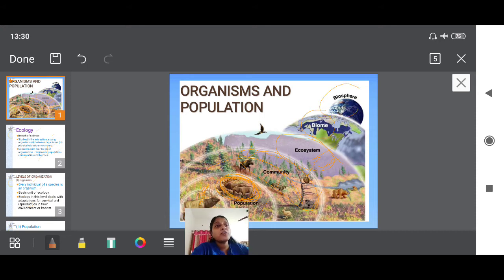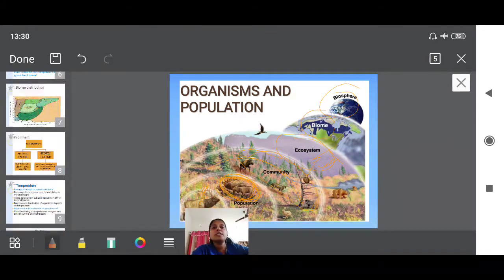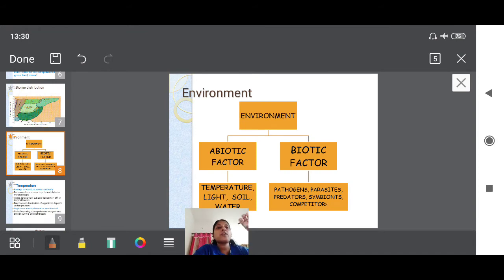What do we call them? Biome. And what is biosphere? Biosphere is the highest of all, meaning all living organisms in the whole earth. We put it under one, that is biosphere. So biosphere comprises all the living organisms on the earth. Like this, one by one, the levels go on increasing. So 4 main levels are there. What are they? One is organism, second is population, third is community, and the fourth is biome. Clear?